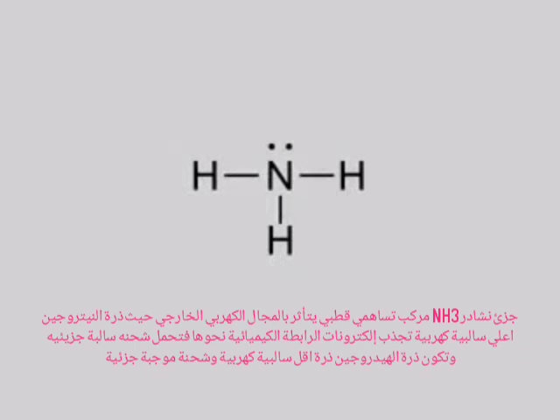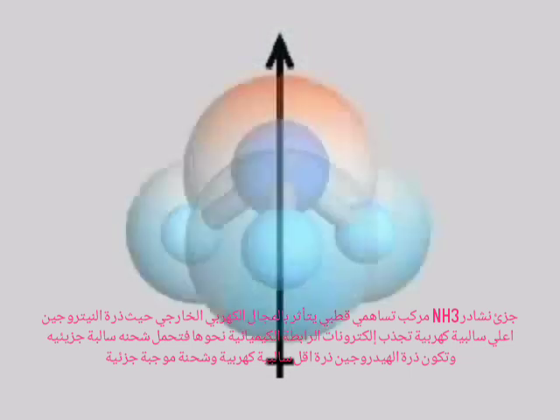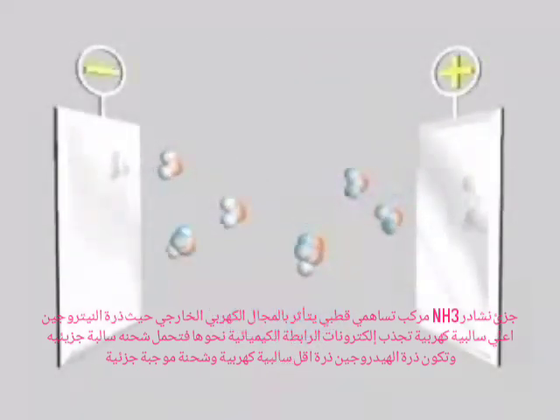Like BF3, ammonia has 4 atoms and 3 polar bonds, but the trigonal pyramidal shape means that the bond polarities reinforce each other. Thus, ammonia is highly polar for the same reason that water